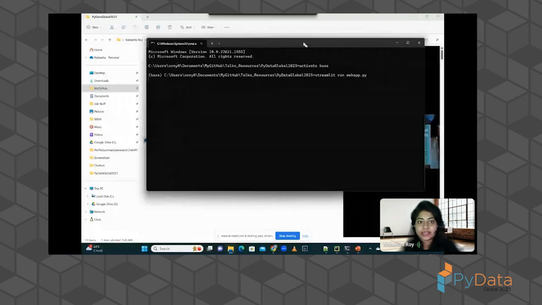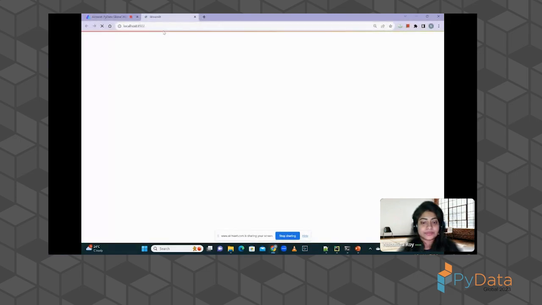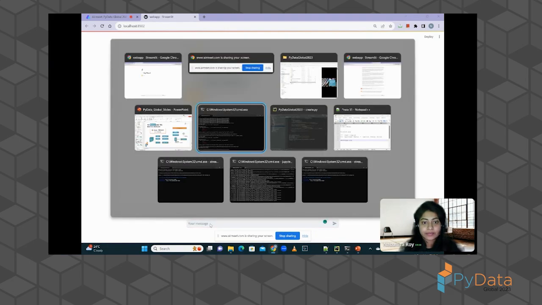If you have Python set up from your command line, you can type this in your command line.